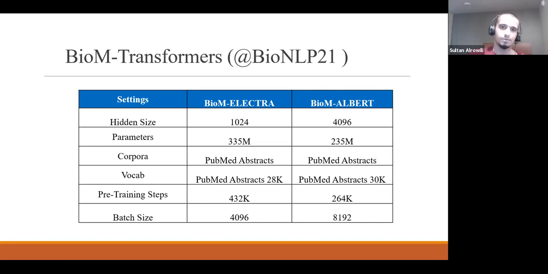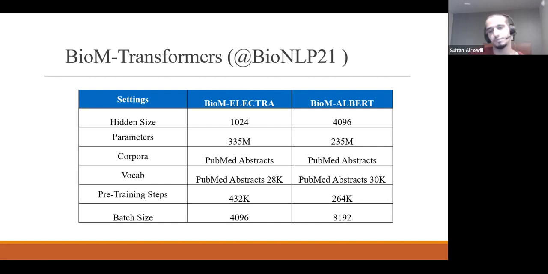We pre-train ELECTRA on PubMed abstracts only. We made that decision to pre-train it on PubMed abstracts only, not the BMC full articles, because of a conclusion in that paper. Also, we use a specific domain vocabulary, which is built from PubMed abstracts, with a size of 28,000 and a size of 30,000. And in the case of ALBERT,